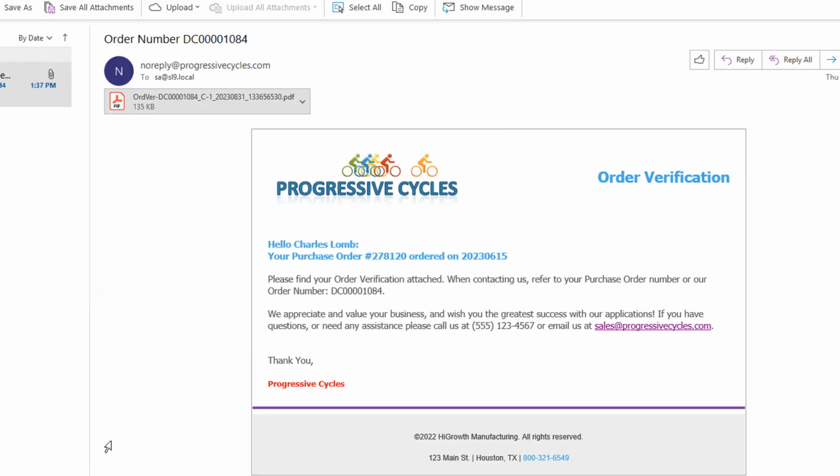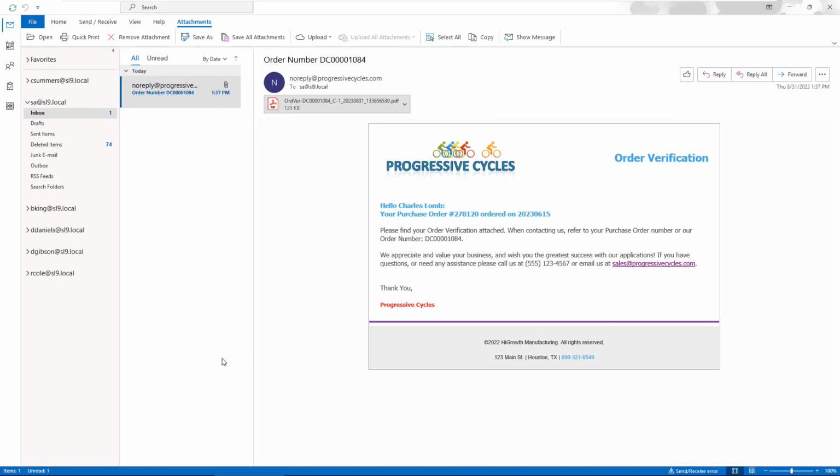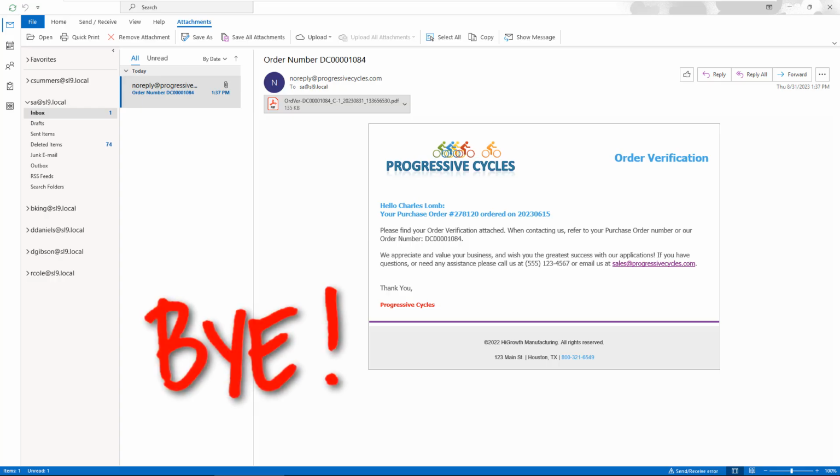Now we've only scratched the surface. You may want to change the picture size or the font size or any number of other things, but hopefully this is enough to get you started. That's how to customize our DocTrack HTML templates. And that's all for now.